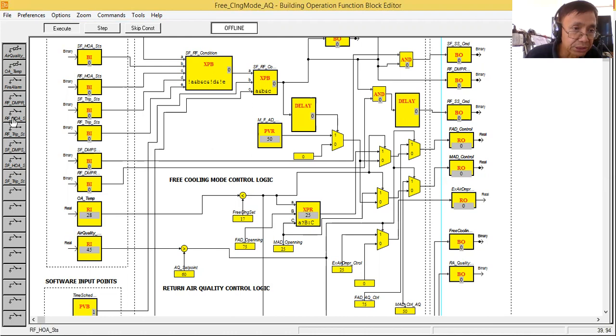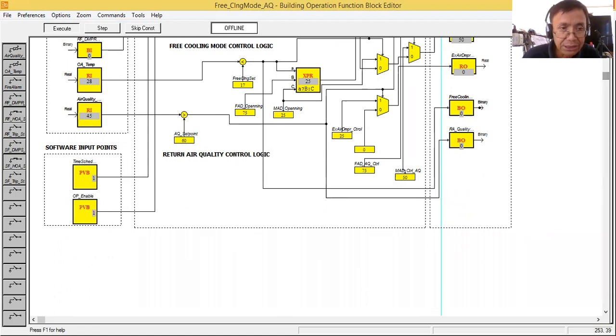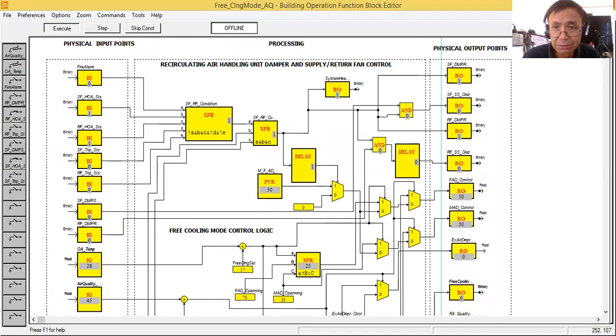So first, let me put it in automatic. Okay, supply one automatic. As you can see here, now I have my expression block here already one, because I try to edit my time schedule and operator enable. I make one default. So as you can see here now, immediately my control gives the open command to my supply fan damper and return fan damper. Then my fresh air and mixed air are opening at 50%.